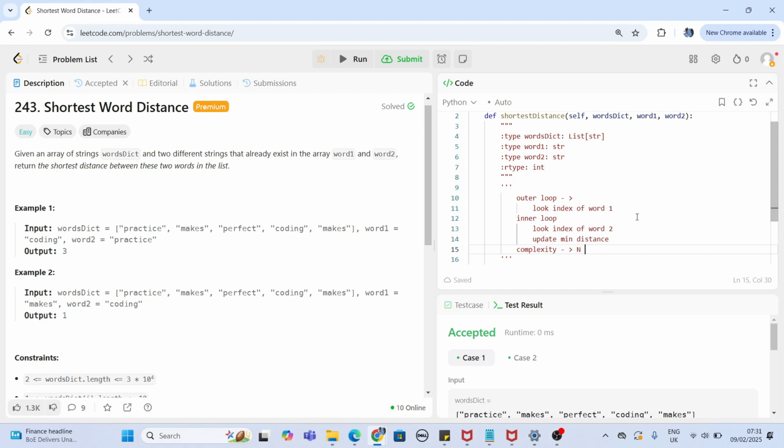Because we are running 2 loops, it will be n into n, and it will be a quadratic time complexity. Okay, so it will be n to the power 2. Okay, so this is not an ideal time complexity that we want to achieve, guys, because this is a brute